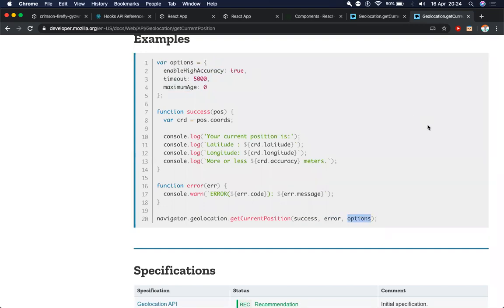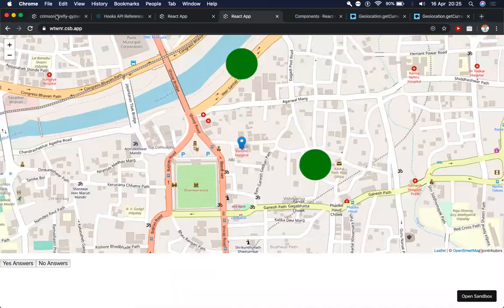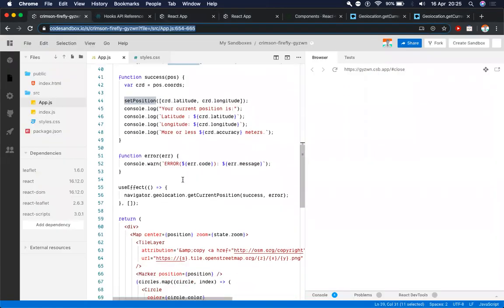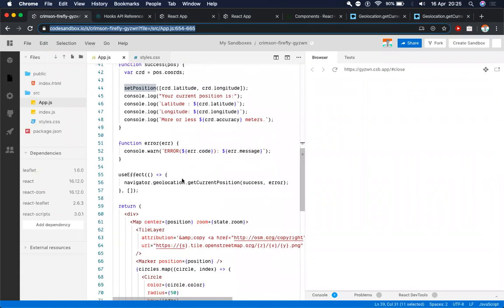So these are the options. So I have another question from Madhavi. So how to call a map function within another map function when I want to call a React API. So Madhavi, your question isn't really clear to me, but I'll still try to explain or try to implement it. So you can actually call another map function inside another map function.